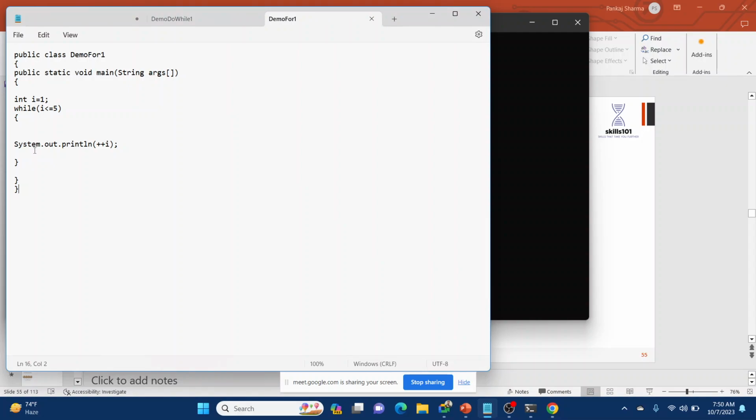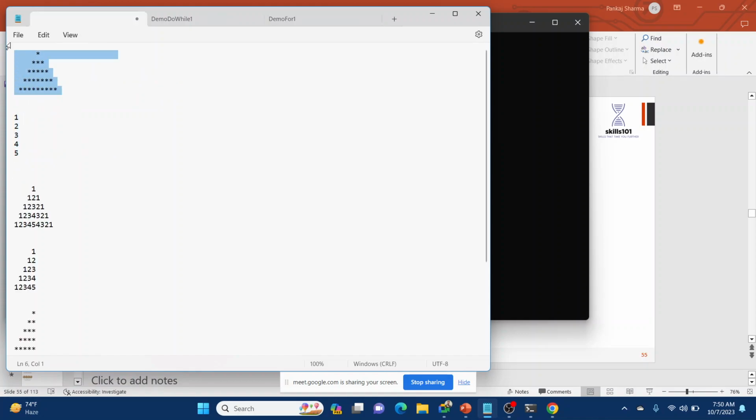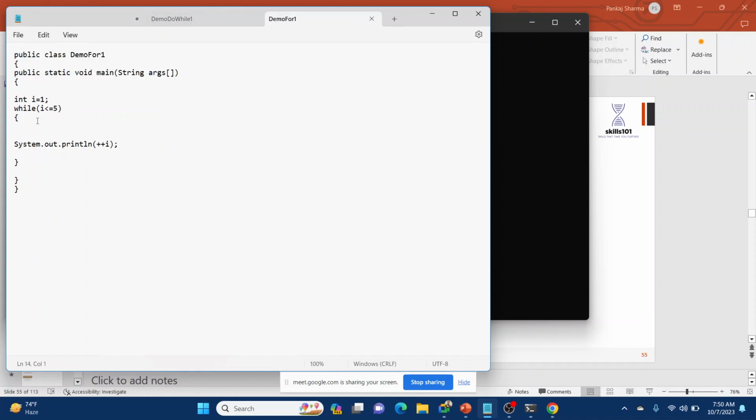Now we will do this one part with the for loop also. How to do it now? So there are three loops. int i = 1; there are 5 rows, so i <= 5; then i++.